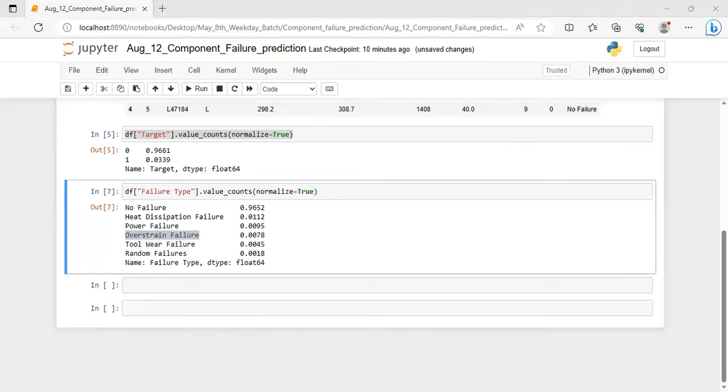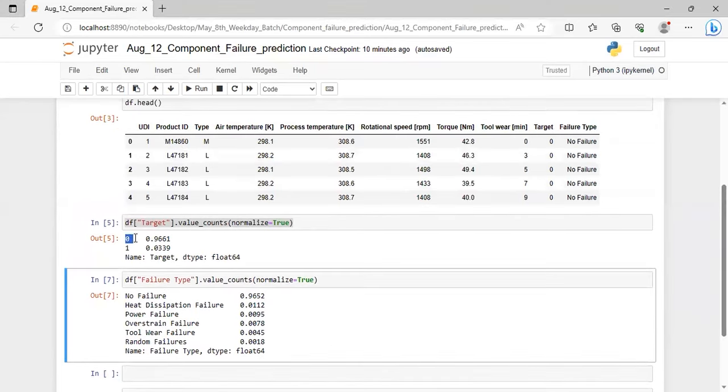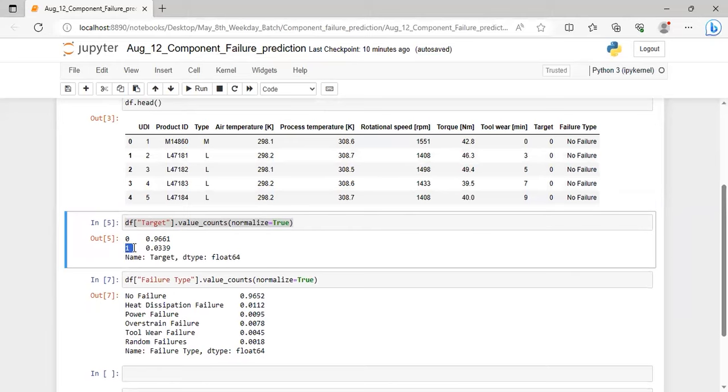And tool wear failure, you can consider, is because of some low quality. Overstrain failure is also related to, you can consider, the high torque. Random failures, you can also consider overstrain because of the high strain stress on the particular components. These are the main reasons. So we will see 0 means no failure, 1 means failure. So if you see here,